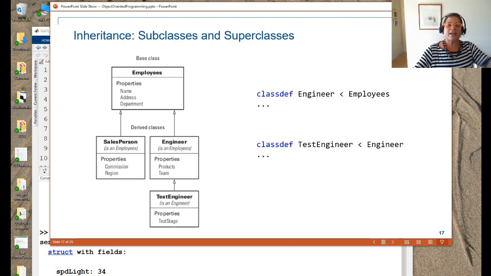So the way I do that is I can make a class def engineer that inherits from employees, and a class def test engineer that inherits from engineer. Now,